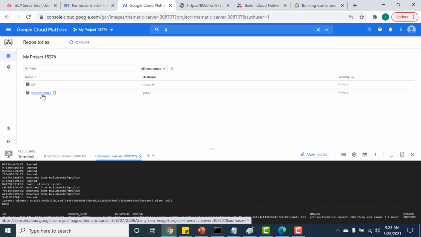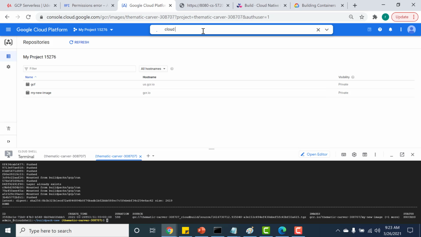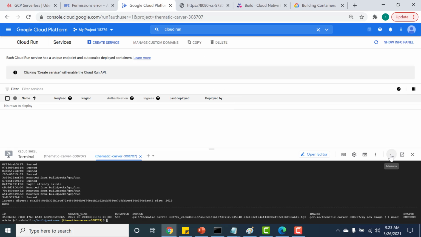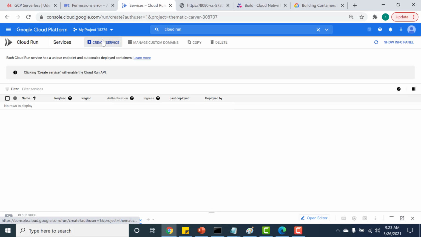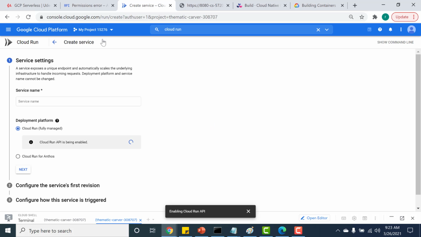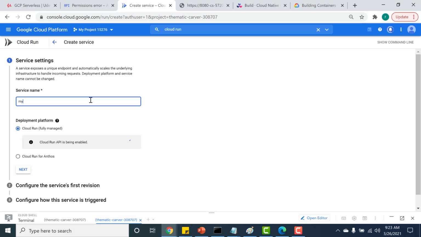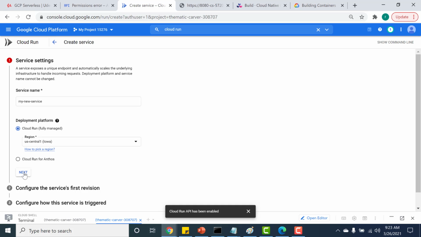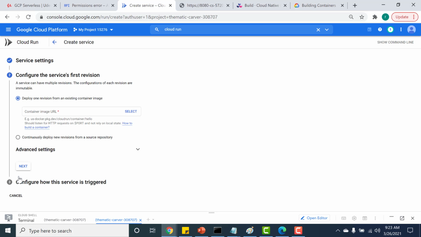Again, like previously, we'll run this image in the Cloud Run environment. I'll go to Cloud Run and create a new service. Click on next. Oh, it's waiting for the API to be enabled. I'll run it in us-central1. Next.